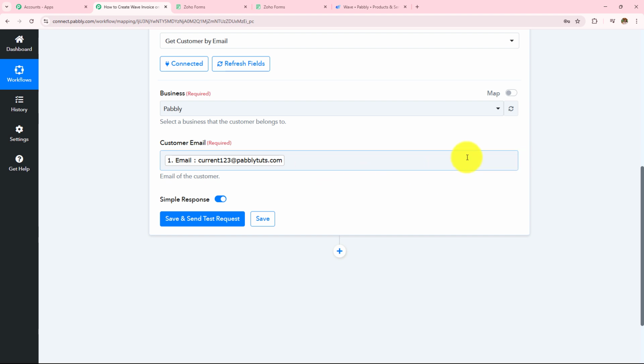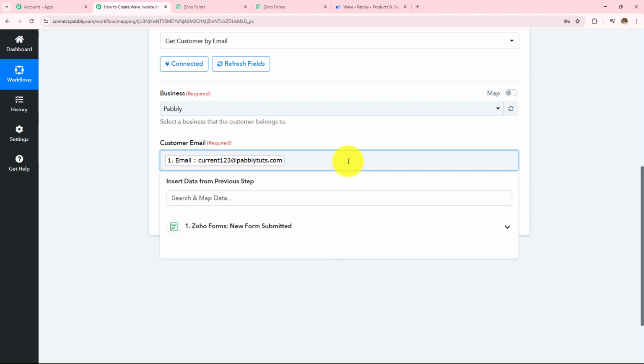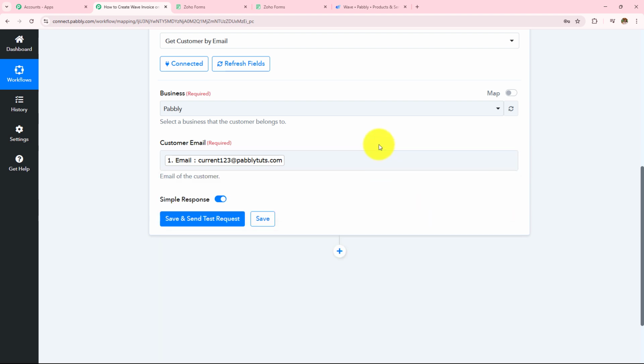Now over here, mapping is important so that every time you receive a new response, it is taken into consideration in this field. Manually entering the data will make this field static, and the information will not change even if you have received a new response. If I manually enter any detail, this field will become static, and every time I receive a new response, the result will not change. So as to keep this field dynamic, we use this process of mapping instead of manually entering the details.